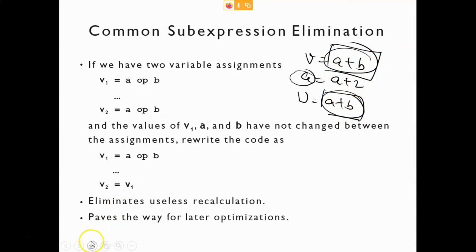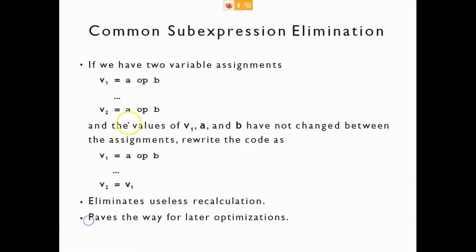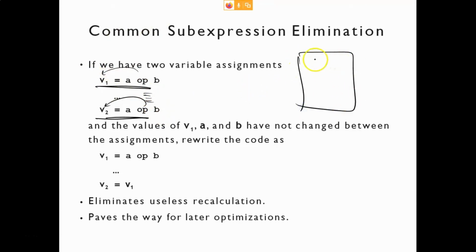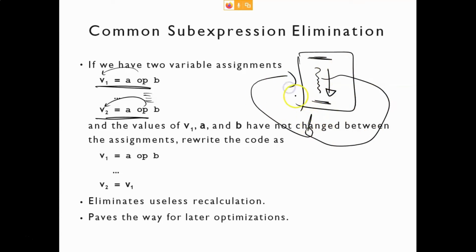The formal definition, the rule, says that if you have this statement, A OP B is assigned to V1, and A OP B is assigned to V2. In between, because this is a local optimization, remember, you will have a sequence, because this is a basic block. In the basic block you won't have this type of loop. You can't go anywhere from the middle.